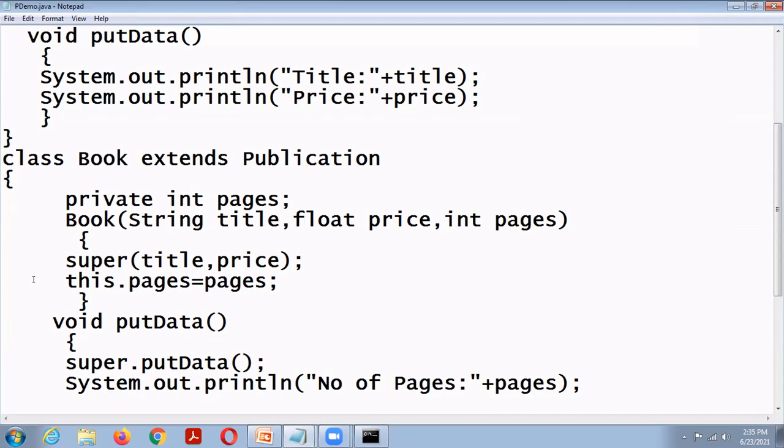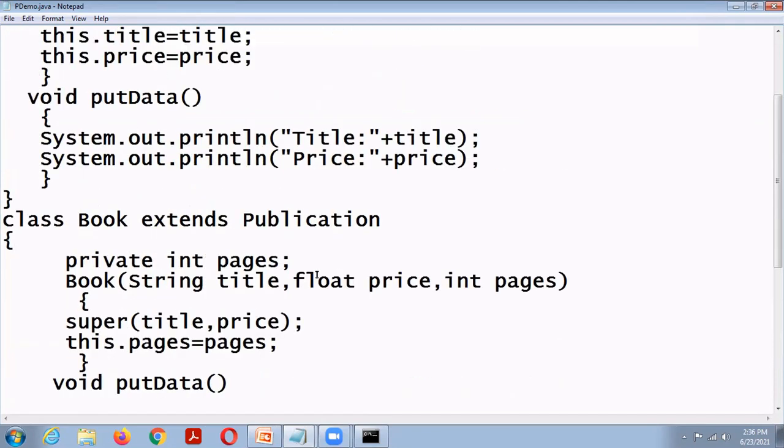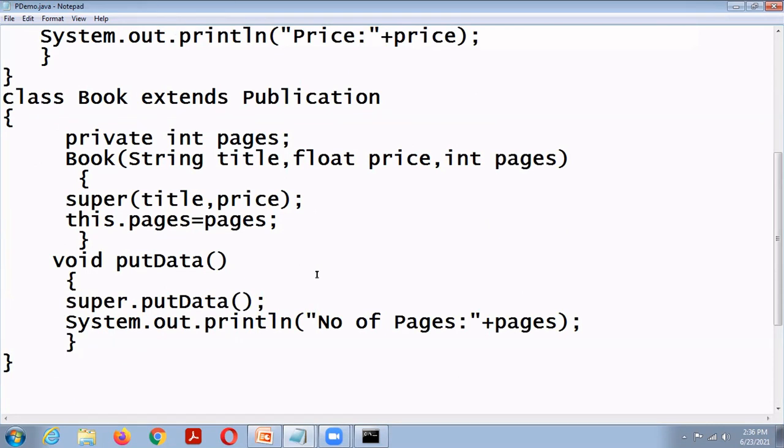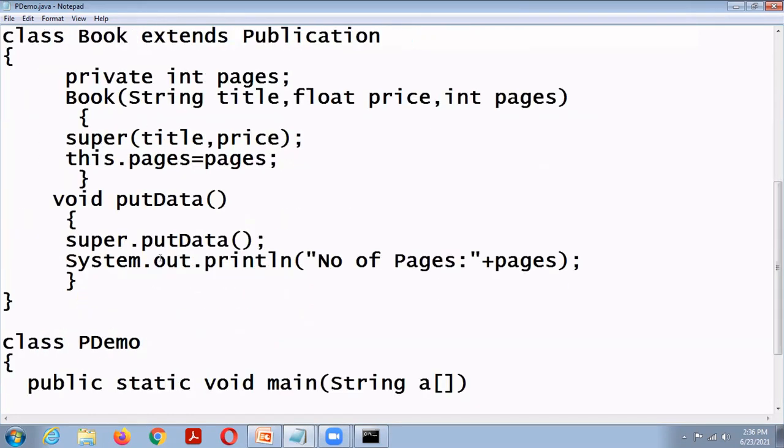But here, the super keyword is used to invoke the superclass constructor from the subclass constructor. That is one use. The second use is it differentiates superclass and subclass members if they have the same name. So here void putData, here also void putData. How can we differentiate superclass putData and subclass putData? Using the keyword super.